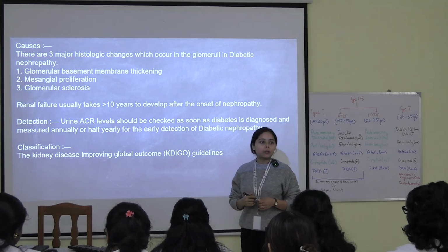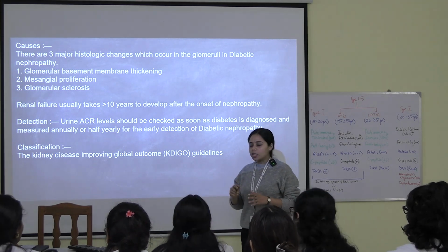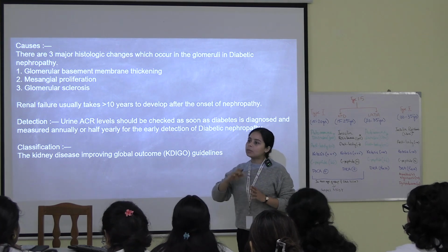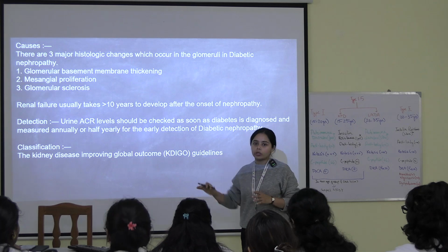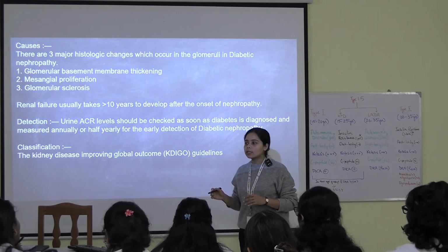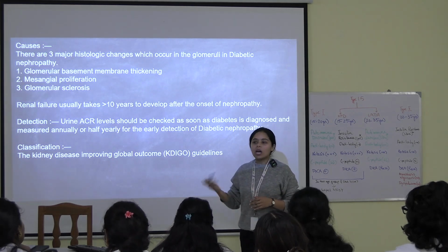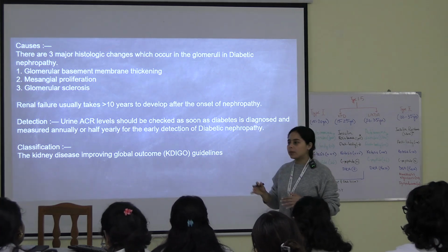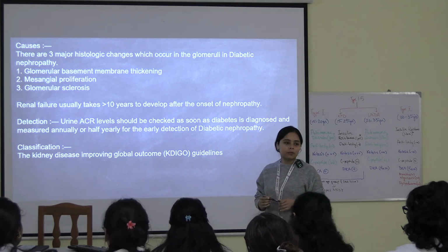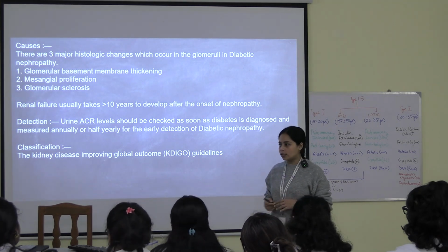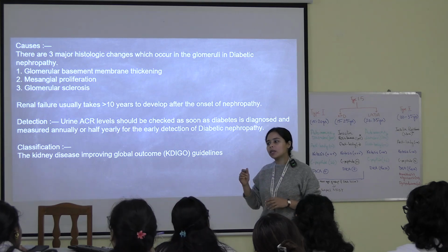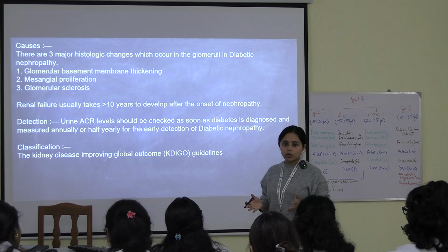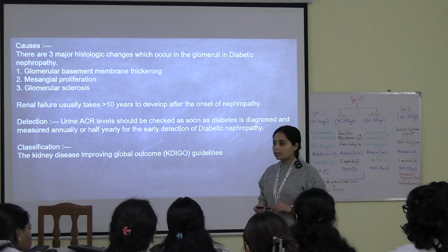So if the patient develops nephropathy, suppose at the age of 50 maybe, or 60, it will take him 10 years for his kidneys to totally shut down. And in that case, he will require what? Transplant, or dialysis in that case. But with dialysis also that patient cannot survive unless transplant is done. But the prognosis is very bad in transplant also. I think you know, I have said that transplant is also not 100%, right?